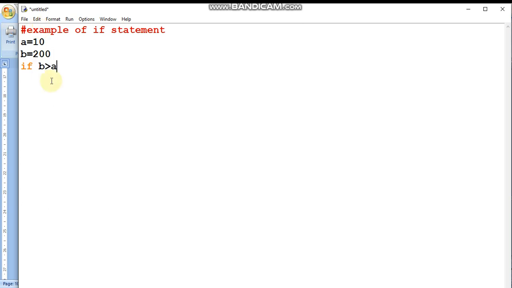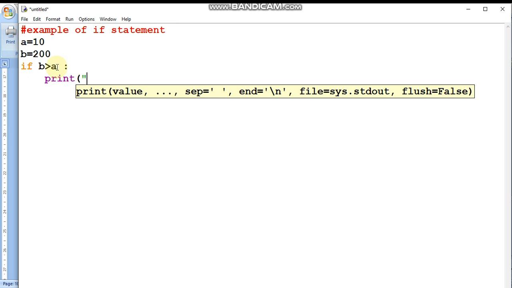This is a statement, and it can have more than one statement inside. After placing the condition you need to use a colon sign, and then the message you want to print: b is maximum.